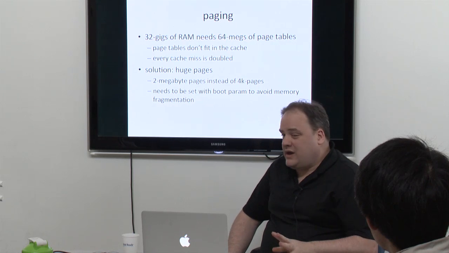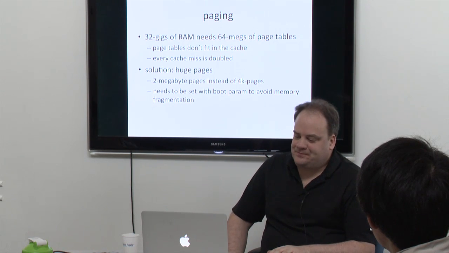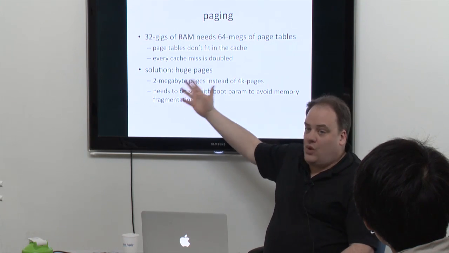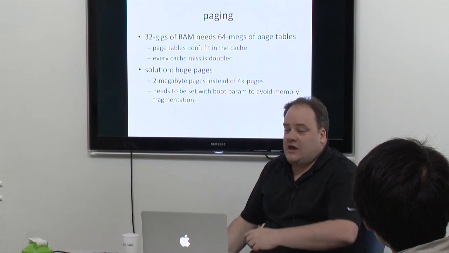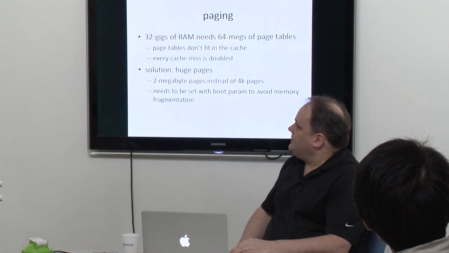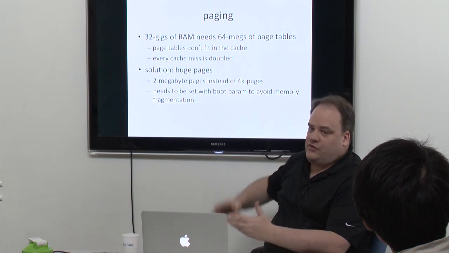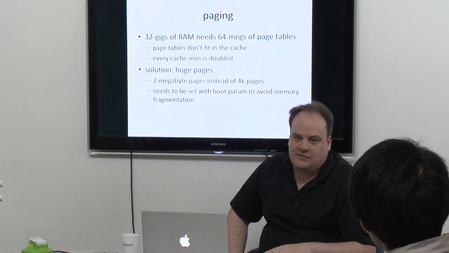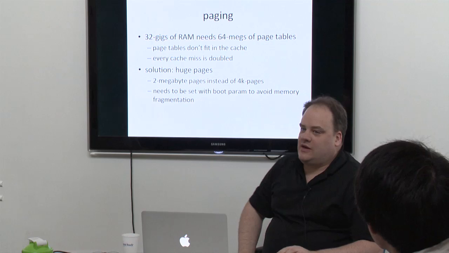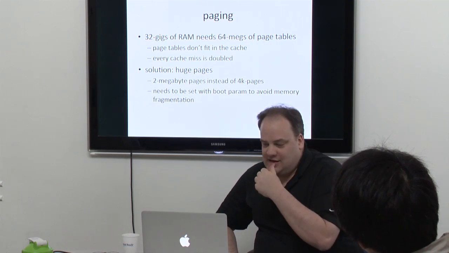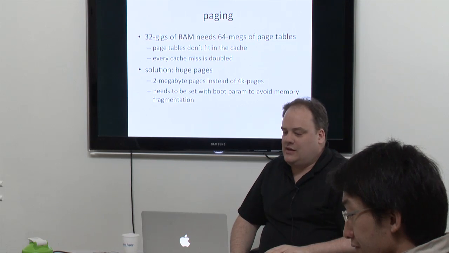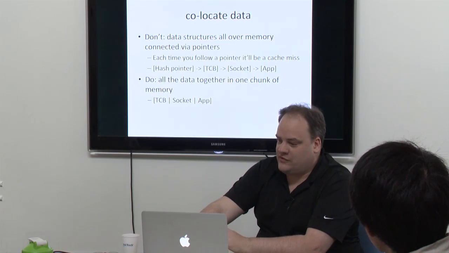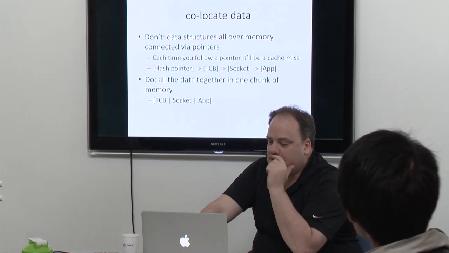In theory, you can also do 1 gigabyte pages, but I haven't gotten that to work yet. So for 32 gigabytes, if you can do the 1 gig page, that's 32 pages. And you don't care where in physical memory you are. It's just that the paging tables, now being 64 megs, are just a few K, and they all fit in the cache, and you never have to worry about it again. They all fit in the TLB for that matter. If you're using the 1 gig pages, it's never going to be out of the TLB. And even if we do context swaps and stuff elsewhere, it's never going to be out of the TLB. It's awesome. So that's what you want to do for reserving physical memory: use the huge pages.